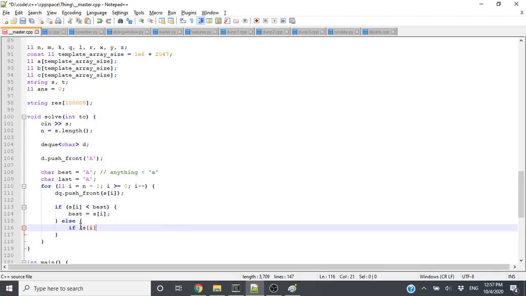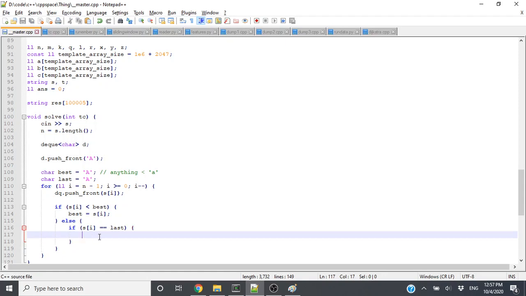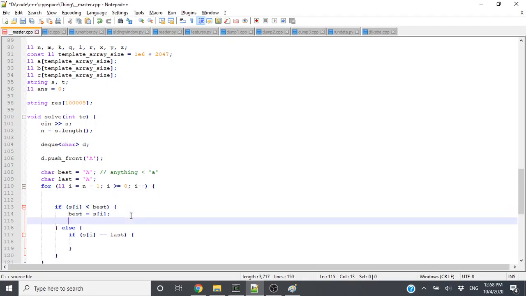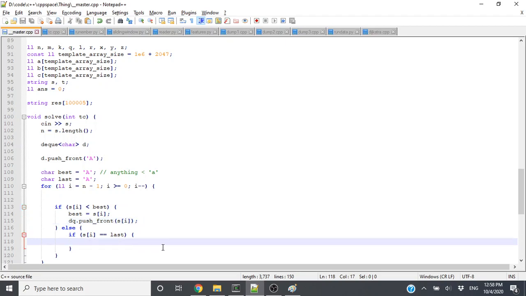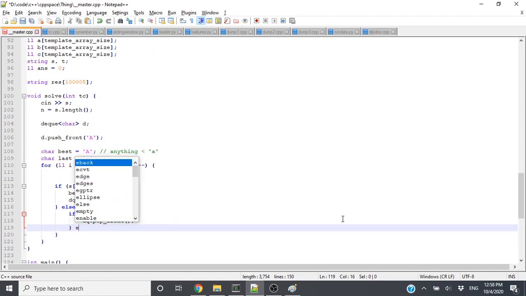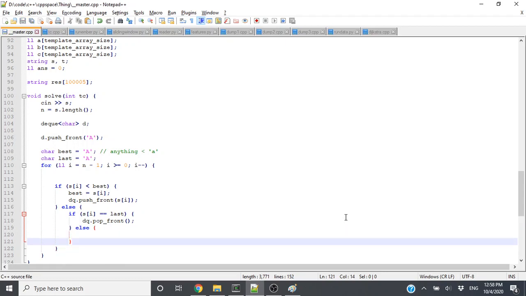So now if SI is equal to the last character, then like what? If SI is equal to last, then we assume best is better than SI. So we do like, I guess maybe we move this here. It's just casework, I suppose. SI is equal to last, then it's better to remove last, so dq.pop front. Otherwise, SI is not equal to last, then